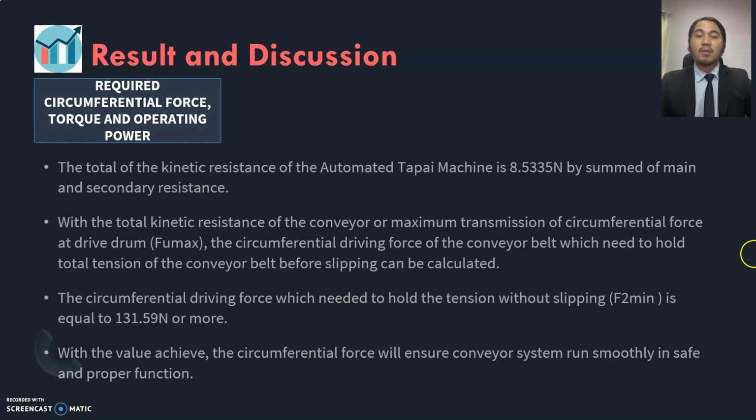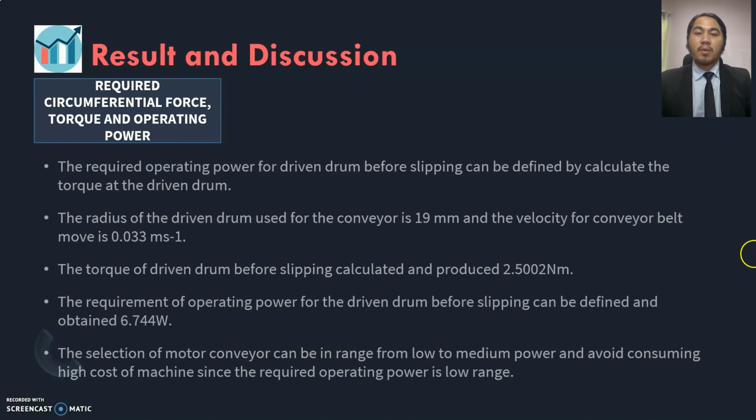The circumferential driving force which needs to hold the total tension without slipping, F to mean, is equal to 131.59 Newton or more. With this value achieved, the circumferential force will ensure the conveyor system can run smoothly, safely and properly. The required operating power for the driving drum before slipping can be defined by calculating the torque at the driving drum. The radius of the driving drum used for the conveyor is 19 mm, and the conveyor belt moves with a speed of